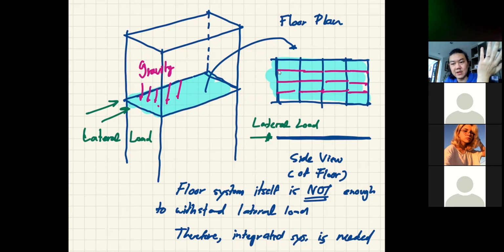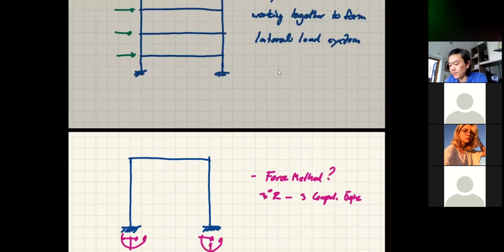If it is a steel structure and all the members come in pieces, we may choose to connect the pink beams here as a simple beam to the blue one. But say in concrete, it's easier to cast them all at once. So you may have the floor